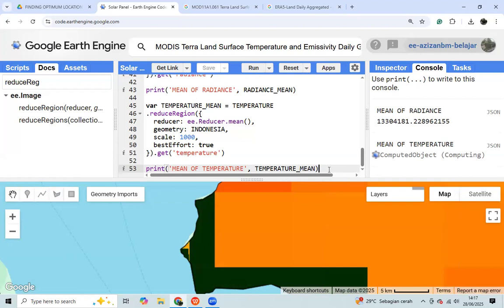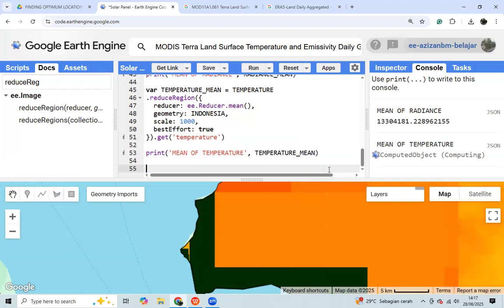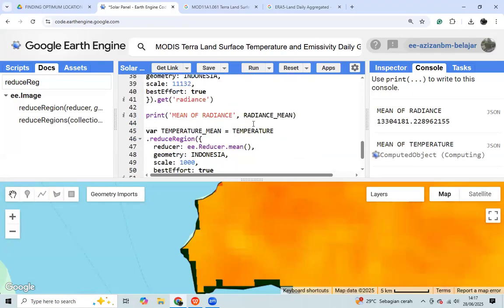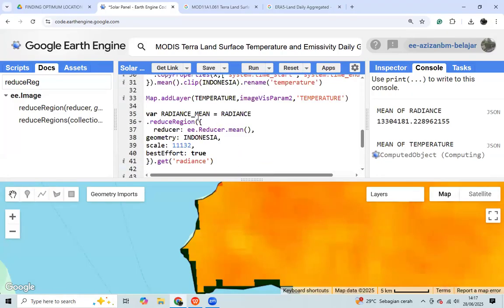And then we can classify it based on the mean of temperature data and the mean of radiance data.